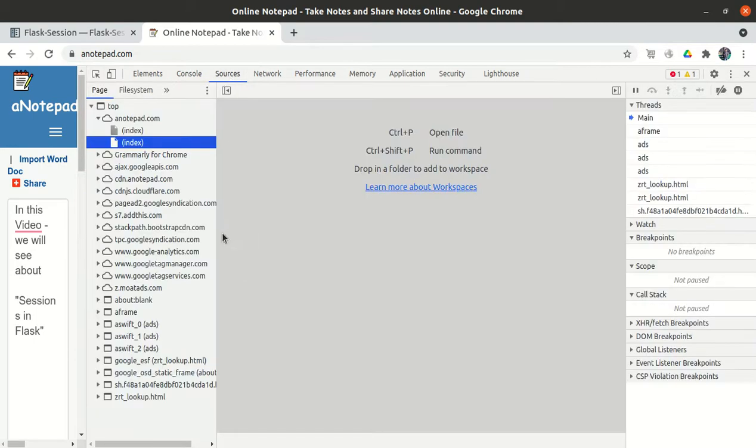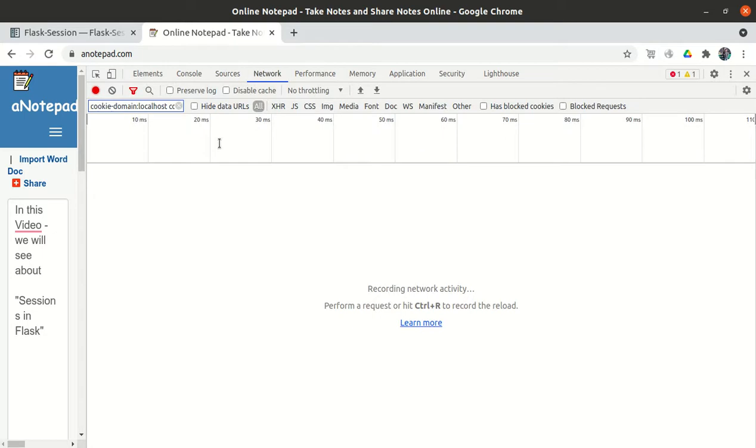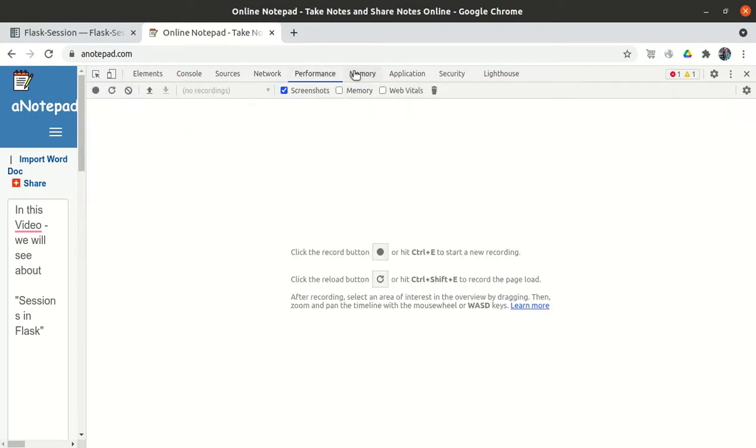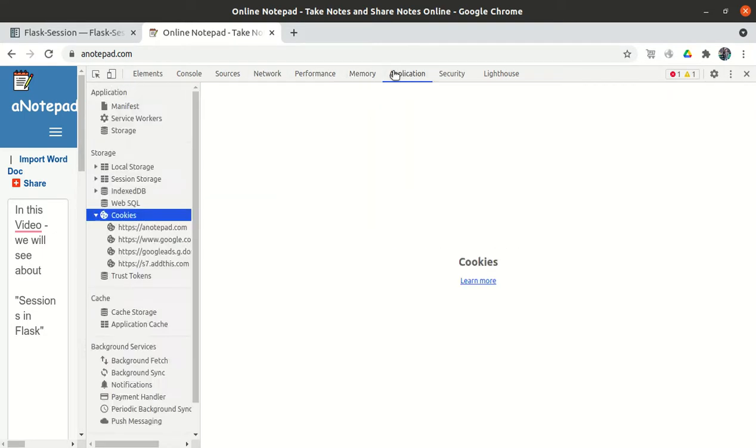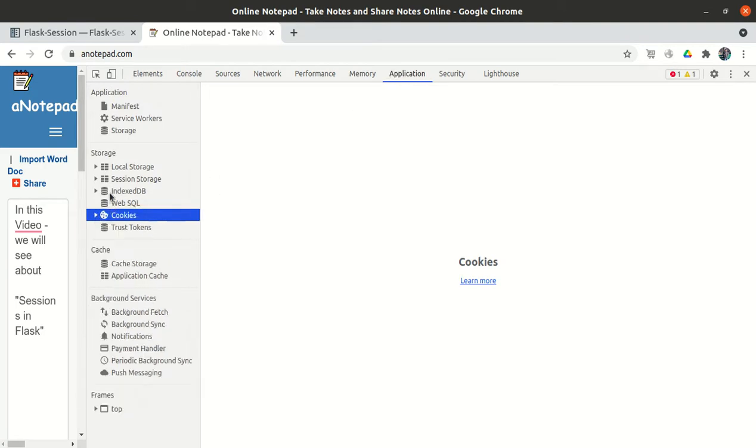In the sources, right, from where all the files are coming, and the network, performance, memory, and the application. In the application you will see things like local storage, sessions. Under the storage tab, we will see local storage, session storage, IndexedDB, web SQL, and cookies, right?